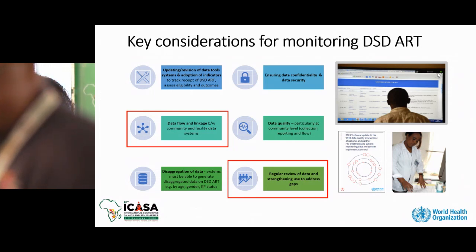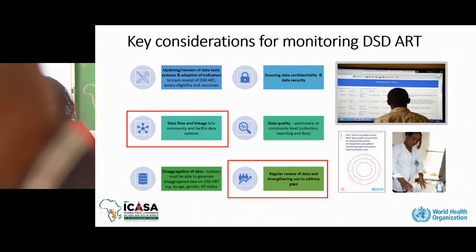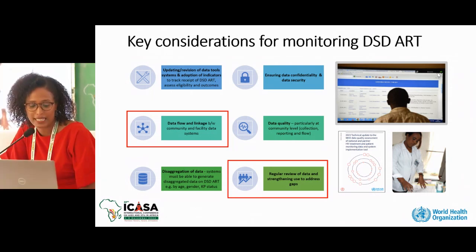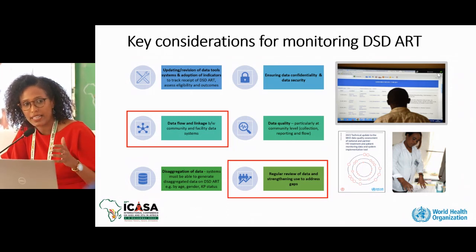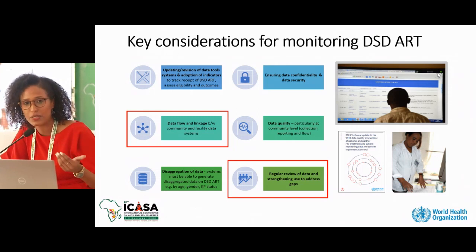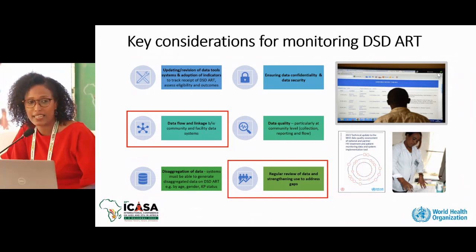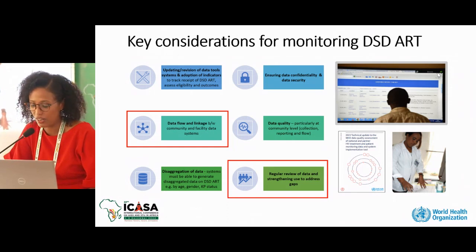And secondly, to highlight that regular review of data and strengthening the use of data is really critical to address programmatic gaps and improve the quality and coverage of DSD-ART. And what that entails is really building the capacity of a range of stakeholders at all levels to be able to interpret the data so they can use data, creating regular opportunities where data is reviewed and interrogated and it's linked to quality improvement, and making sure that data is available on a timely basis when decisions are actually being